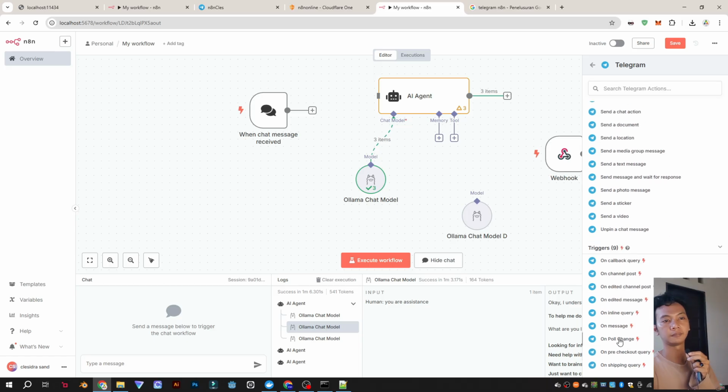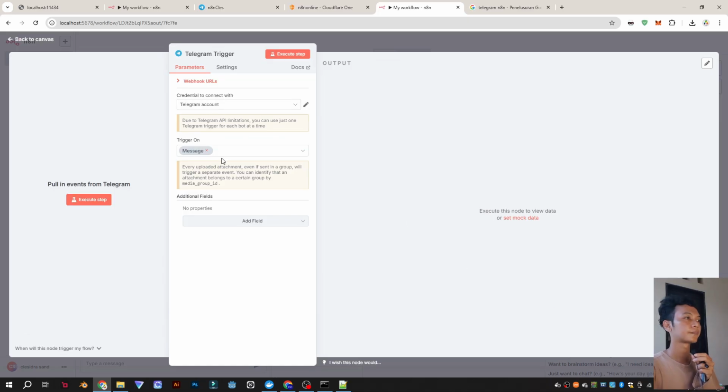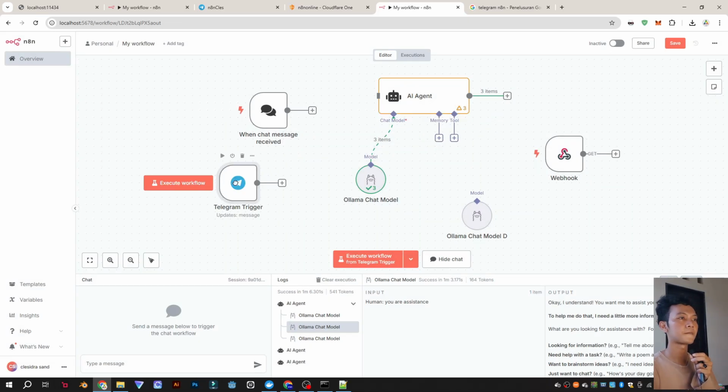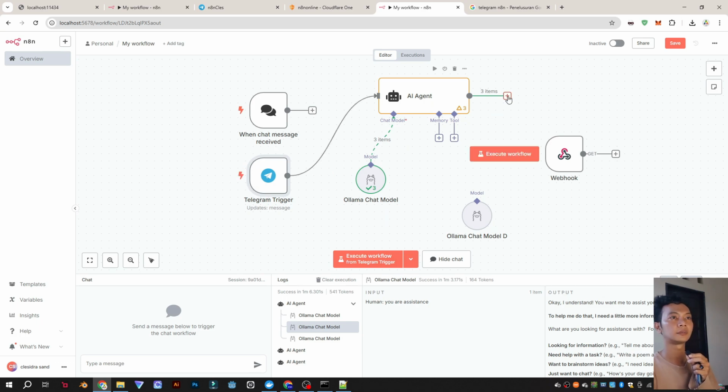Telegram bot on message, trigger on message. Connect it to here. Let's test, execute workflow for N8N.